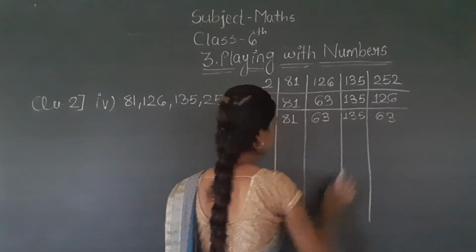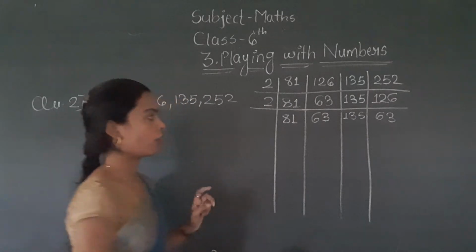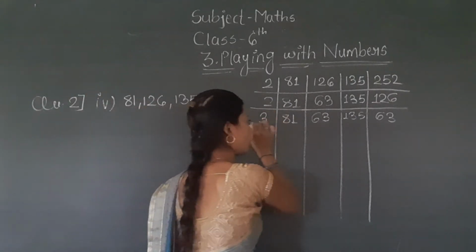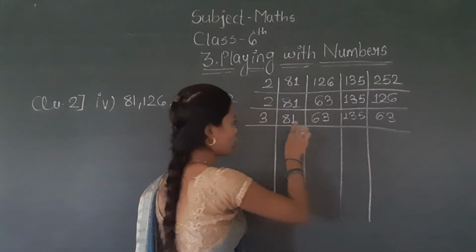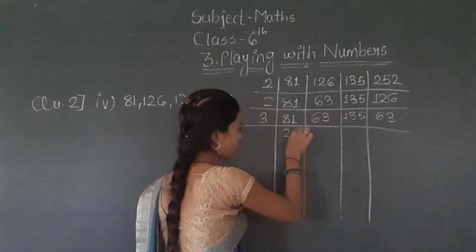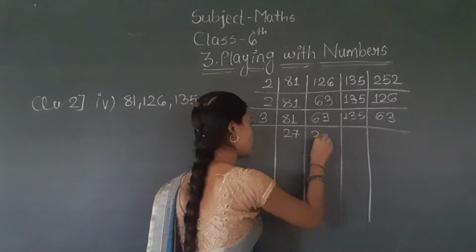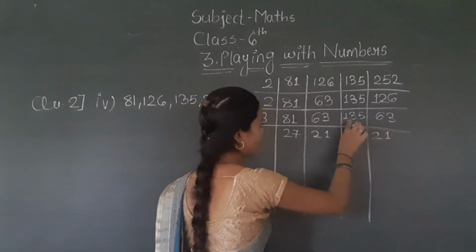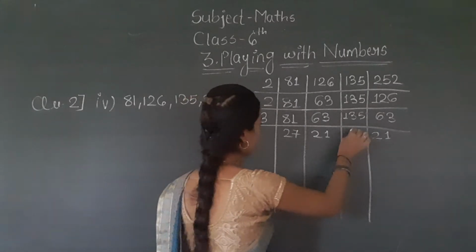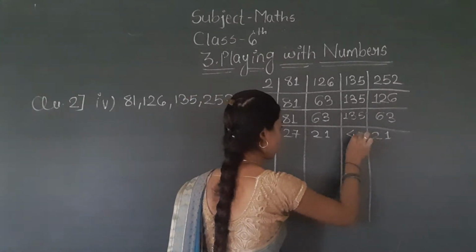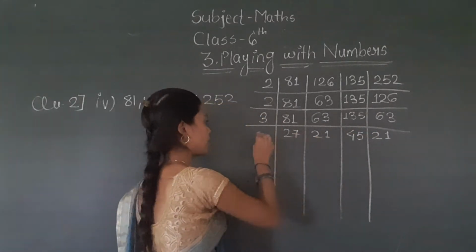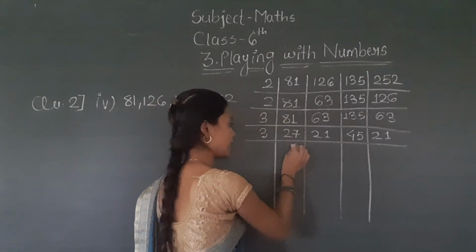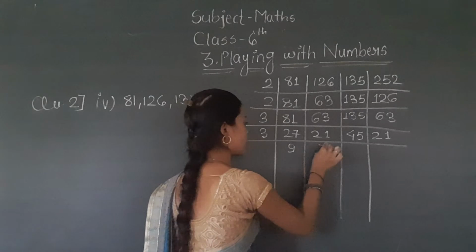Okay, now divide the numbers by 3. Now when you divide 81 by 3, it becomes 27, 63 becomes 21, it is also 63, it will also become 21. Now 135: 3 4s are 12 and 3 5s are 15. Again divide all these by 3. Your answer is 3 9s are 27, 3 7s are 21,